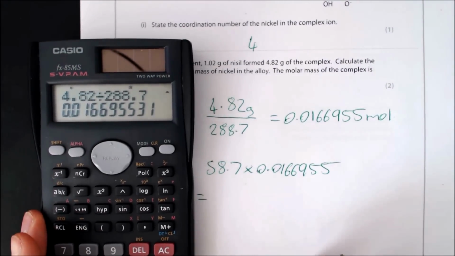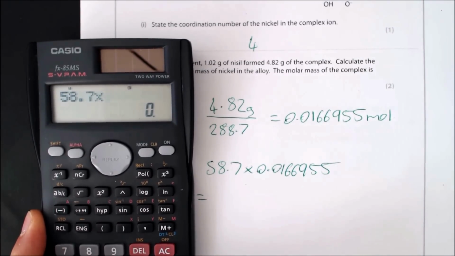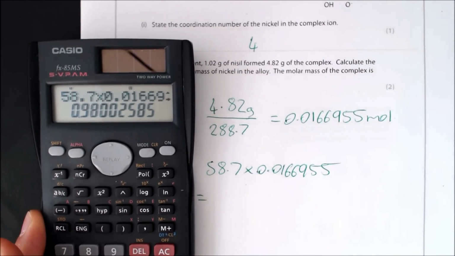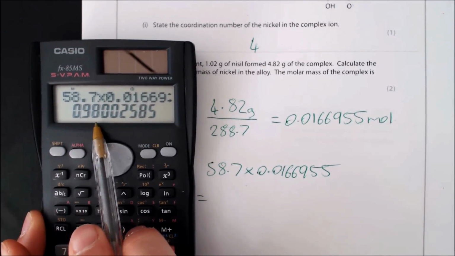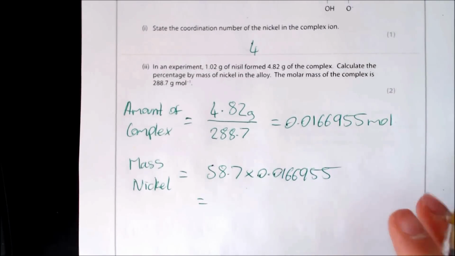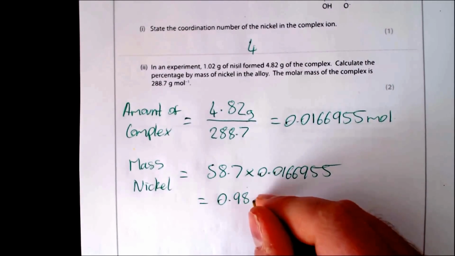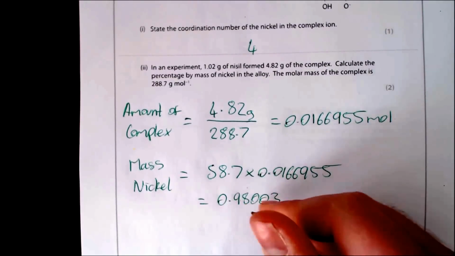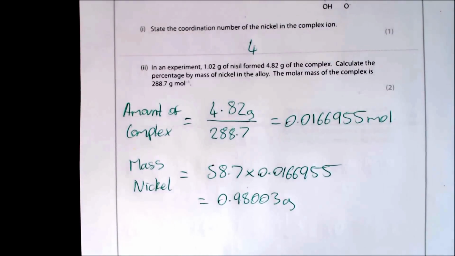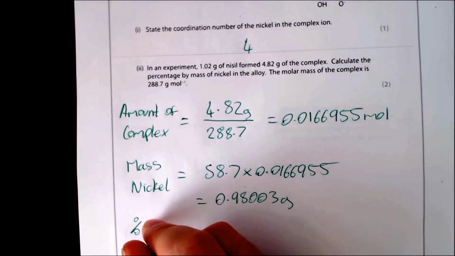Calculate it back in again. 58.7, multiply that by 0.016695. There you go, 0.98003. Let's just stop there for that bit. Okay, so that's going to be 0.98003, or you could just put 0.98, to be honest, that should be enough. And that's in grams. And then all we have to do is you then just need to work out the percentage of nickel